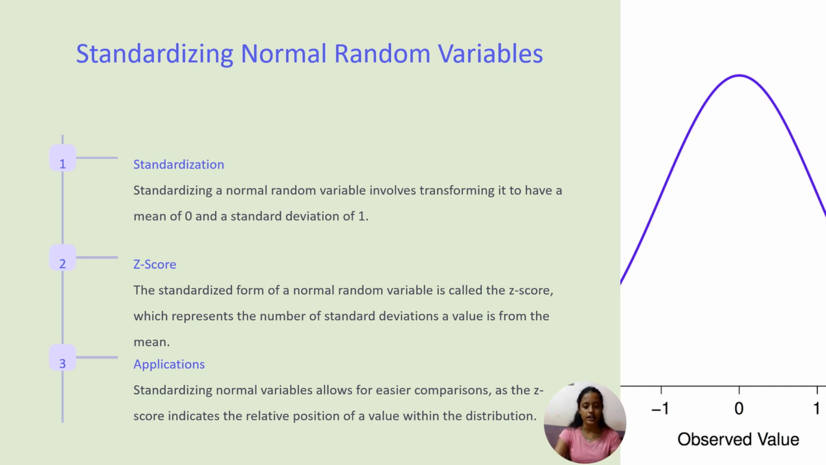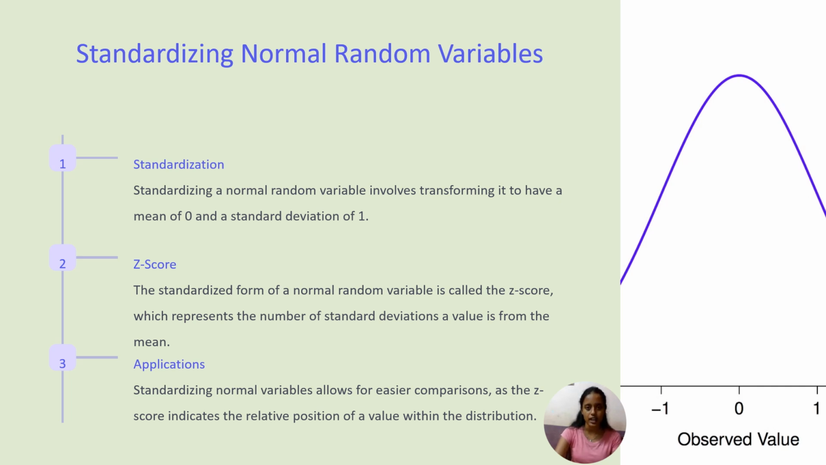Standardizing applies the z-score formula, which is calculated using a formula. Then we have applications. One application of standardizing normal variables is easy comparison of scores: standardizing allows for comparison of scores from different normal distributions. For example, we can compare test scores from different exams with different means and standard deviations. Probability calculations are another application, which enables us to use standard normal tables to find